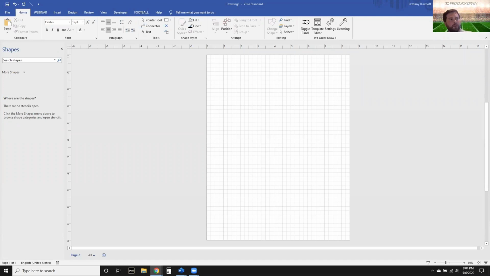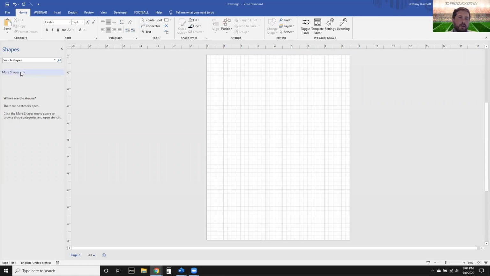And then lastly, we want to do a pro quick draw demo, but it's going to be different from the other demos. We want to make it more towards a typical workday and just different ideas, instead of just showing you what it does, take you through a little bit of a process with a half field drill. But for going off with the starters, one of the things is if you've done a great job and